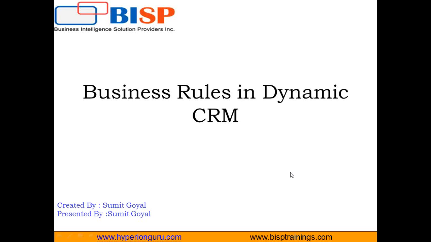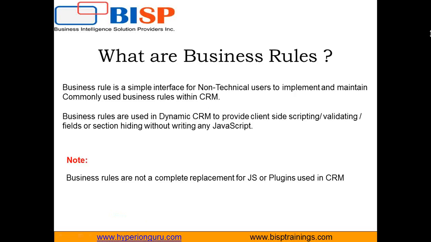To write a client-side script validation, a developer needs to know JavaScript, and it will take developers days to write script code, test it and rectify any errors that occur. It's pretty obvious that development is hard. And in the worst case, if the client wants to change the rule, then the developer has to rewrite the code and test again. So what a business rule basically is, is a simple interface for non-technical users to